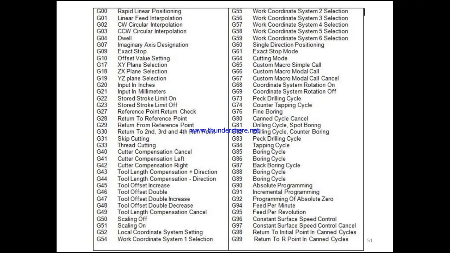Like this we are going to have G codes. By using these G codes, we have to plan the programming with respect to the operations here.